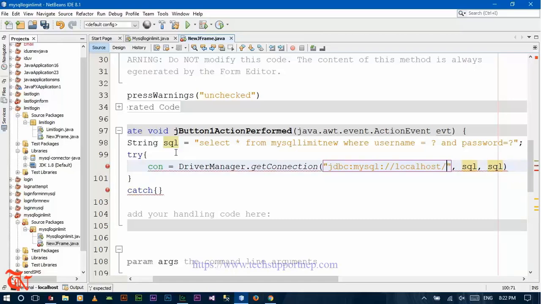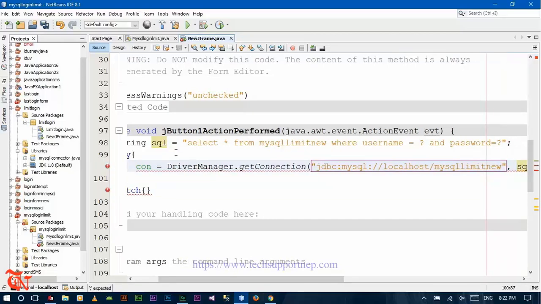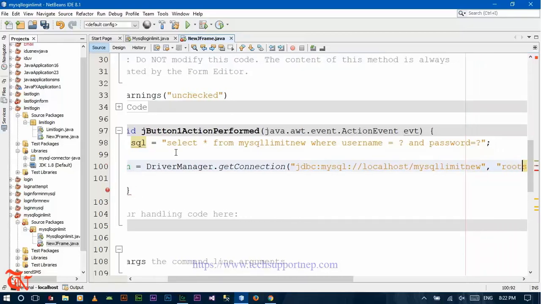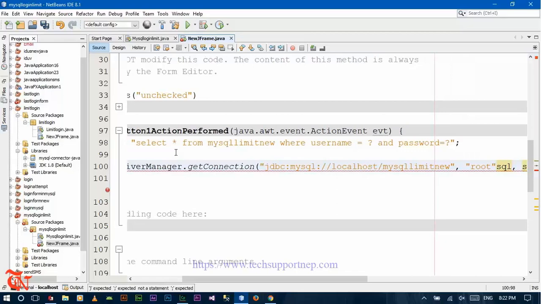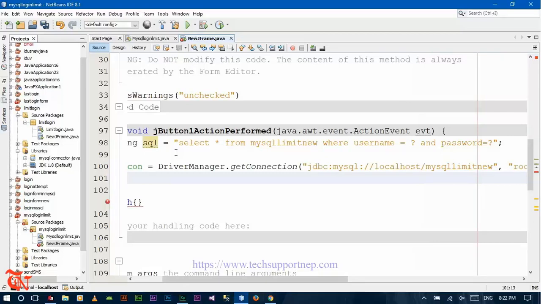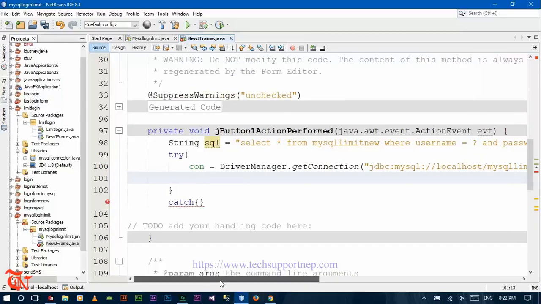Our database name is MySQL limit new, and then here goes username, and here goes password. The password is empty. This is the connection string. It connects our application with the database, and now